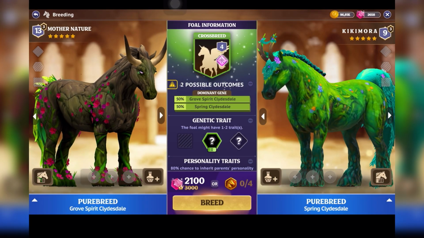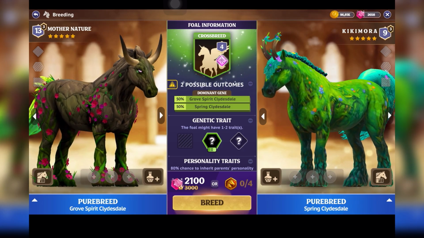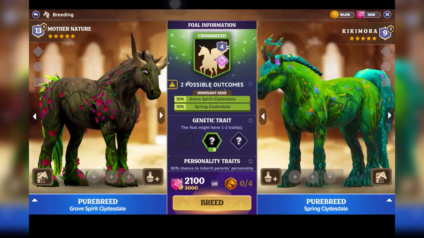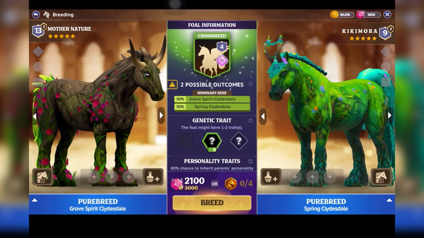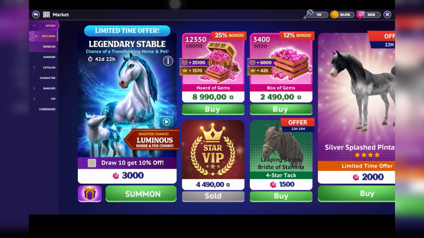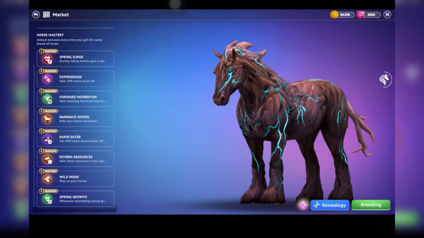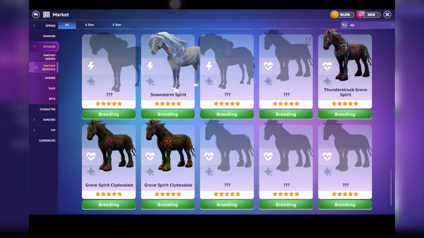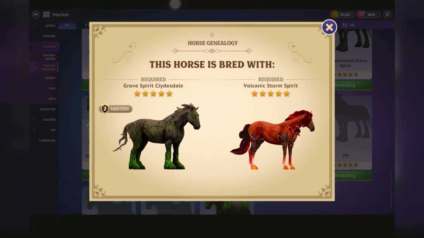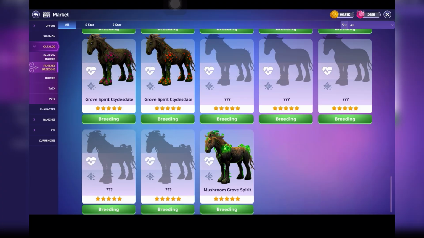Two possible outcomes. Excuse me? Two possible outcomes. What does that mean? So we can either get a... I'm confused. And the picture still has wings on it. Or right now the picture doesn't matter anything. That's so weird. So both of my horses have dominant genes, and that's why we have two possible outcomes, but what does that mean? So we can get a duplicate of my Grove Spirit or of my Spring Clydesdale? What are those two outcomes? I'm confused, and no new Grove Spirit Clydesdales were added into the game, so why two? That's so weird. I don't know, that's just weird. I'm not sure on how this one works, but